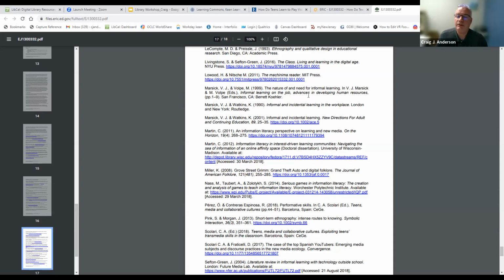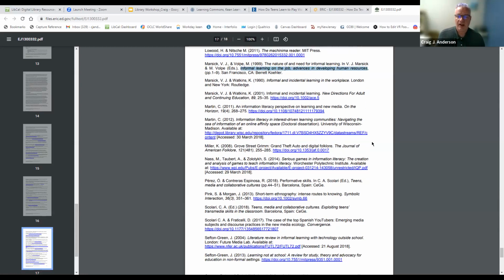Oh, that's from a book. I was hoping to find one from an article. Anyway, I think, okay, this is great, but where do I find this book? So I could just copy paste this, and I could look for this in WorldCat. That was the WorldCat I talked about way in the beginning.